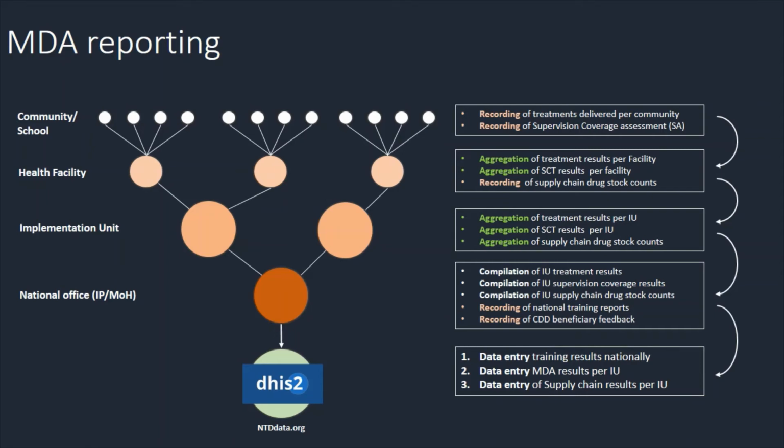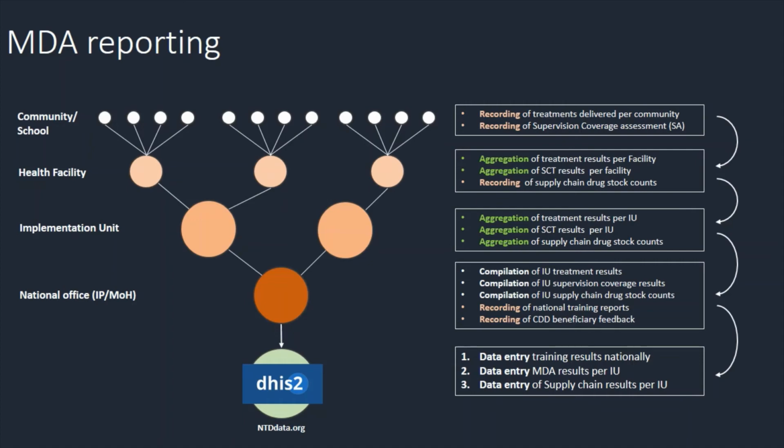Here we also record the supply chain drug stock counts, which are not available at community level. This will be first recorded at the health facility level. Now all these data again are submitted to the implementation unit, typically being a district office, where they are again aggregated per IU. This is for both the treatment results, the supply chain results, as well as the drug stock counts. Now the aggregated numbers, which were compiled at an implementation unit, are then sent to a national office where